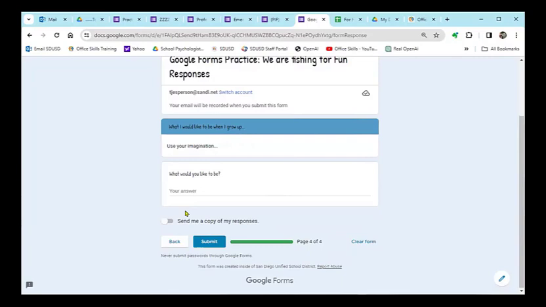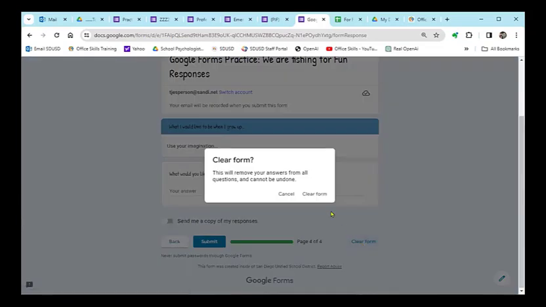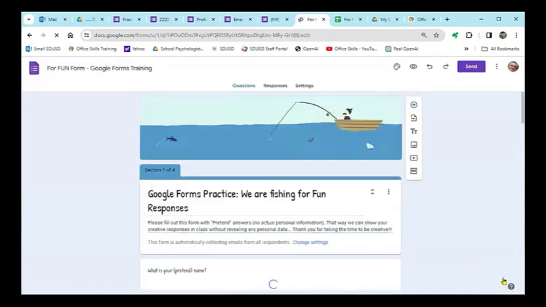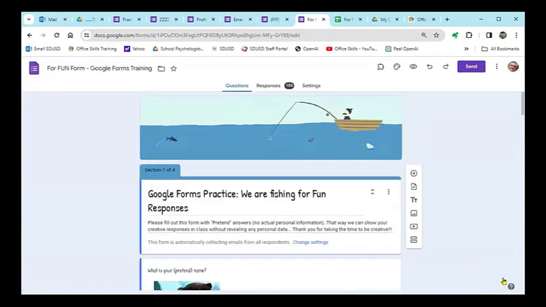All right. And then remember we said we had the option for them to have a copy of their responses. That's what the toggle looks like. And here's the progress bar. And then we could simply click submit, and it would go somewhere. I'm going to clear this form. Clear it, because I don't want that to end up where I'm at. I am going to go to the part where we can get to it. So here